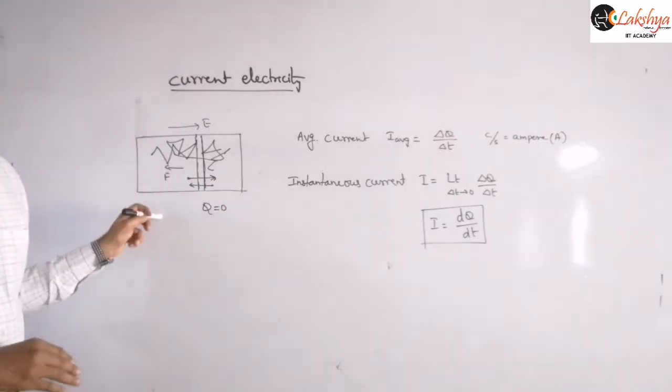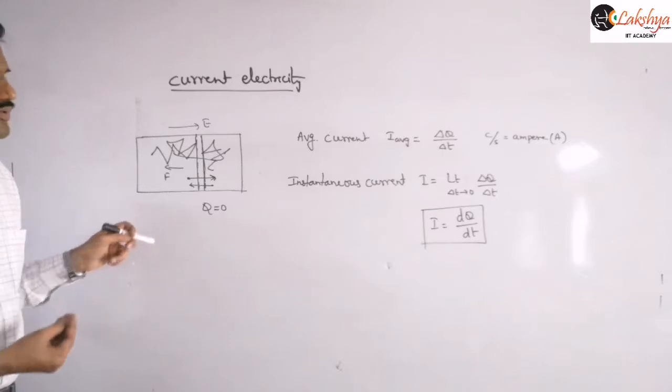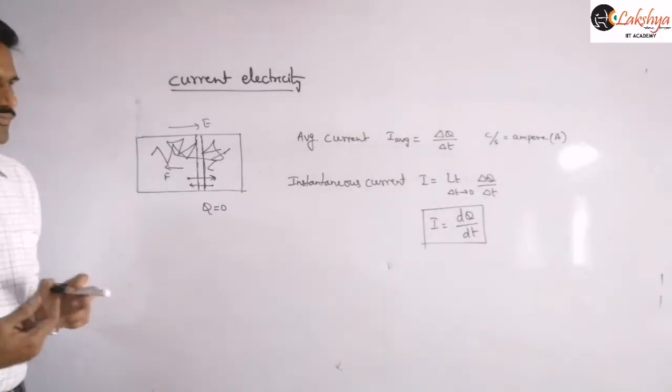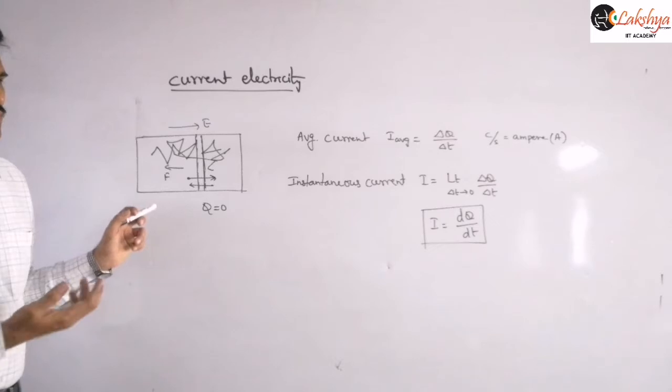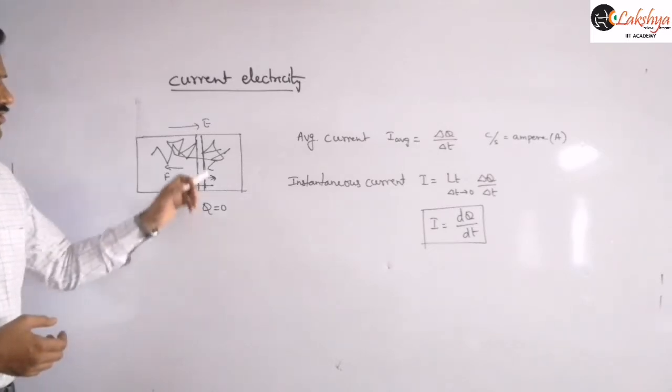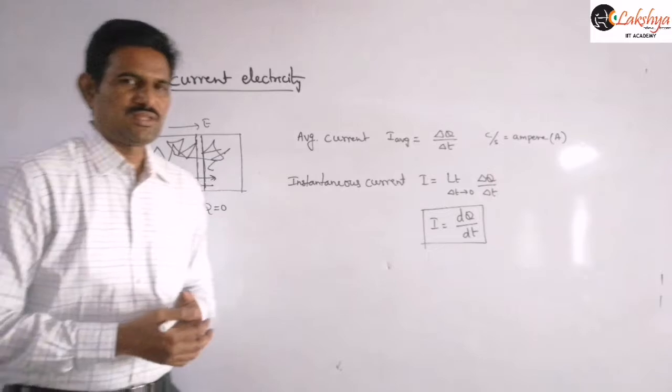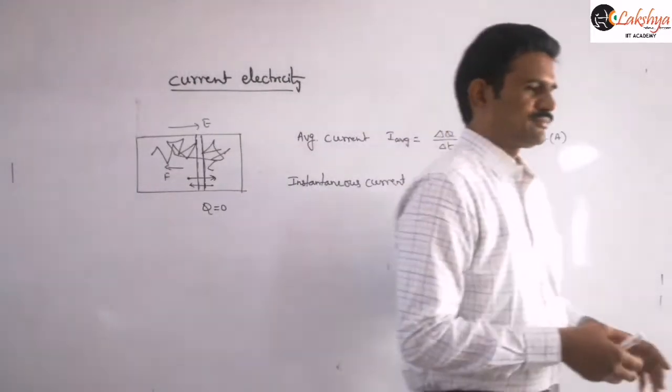And about this mechanism we will discuss again when we discuss drift velocity. About the drift velocity, how the electrons are drifting, we will discuss there. So now I am not giving any information regarding this. So directly I am defining the current here. So write that